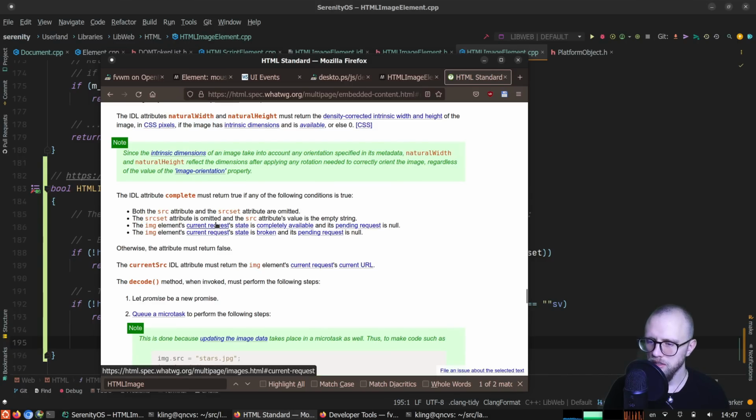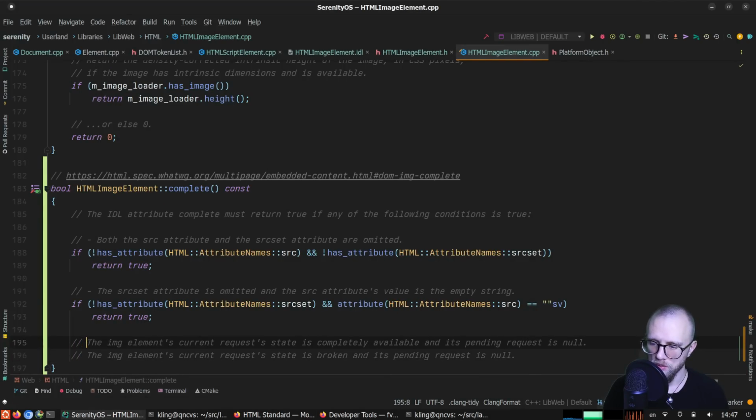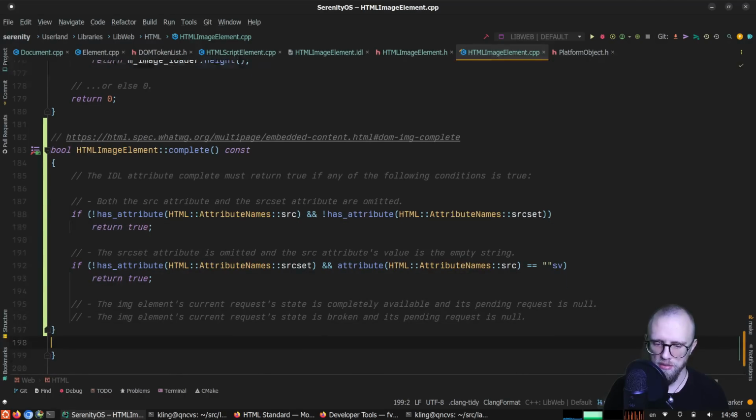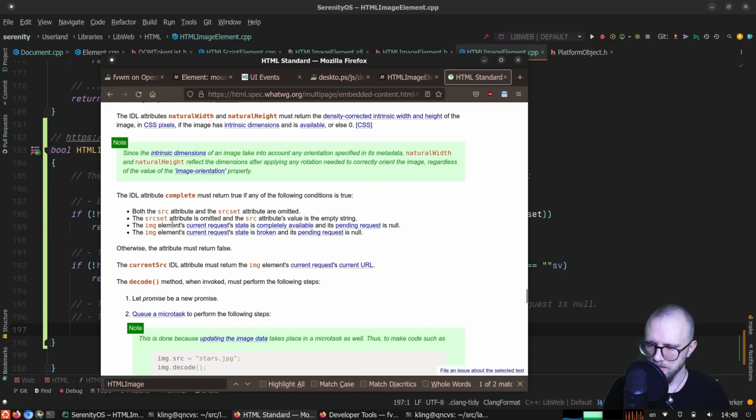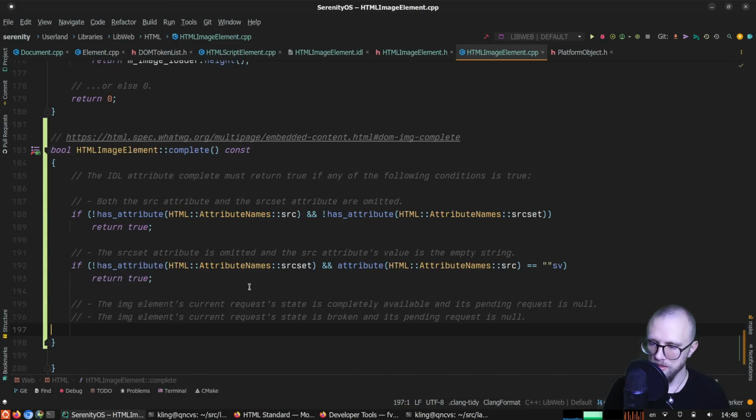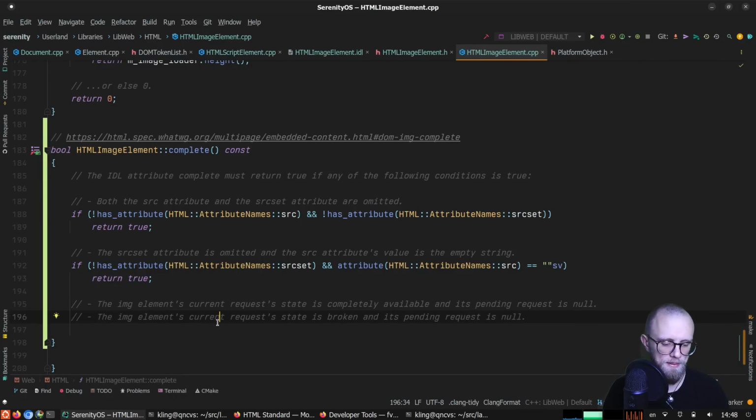Ooh, we do not implement image loading according to the spec just yet. So current request state is not really available to us. So this is going to be a little bit ad hoc. So let's see. Either it's completely available and there's no pending request, or it's a broken load and there's no pending request. Right. So if it's loaded or broken, basically,